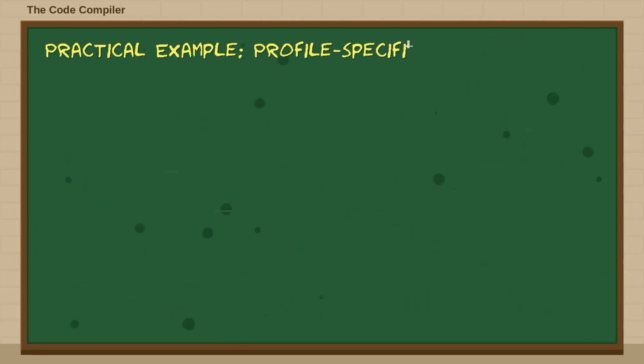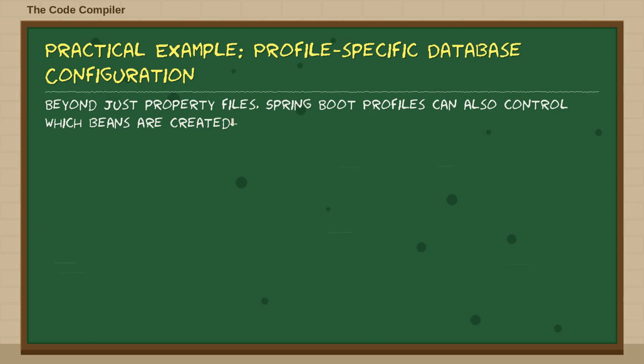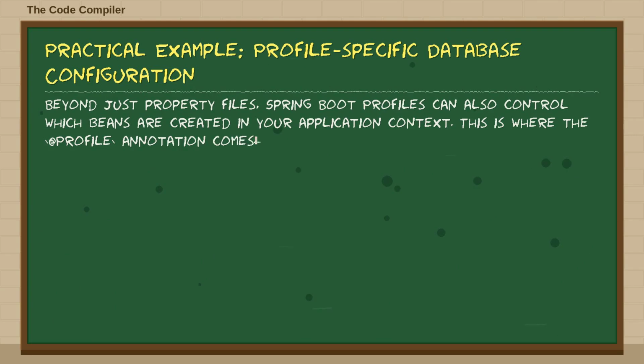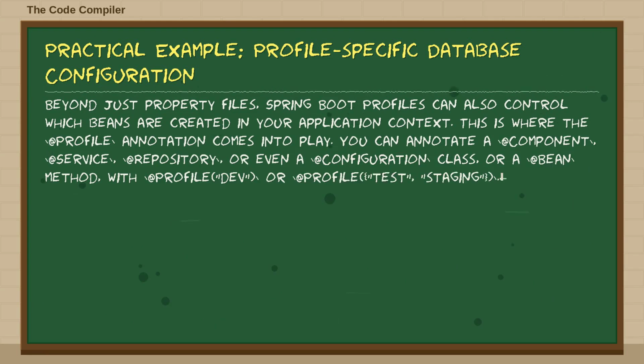Beyond just property files, Spring Boot profiles can also control which beans are created in your application context. This is where the @Profile annotation comes into play. You can annotate a @Component, @Service, @Repository, or even a @Configuration class, or a @Bean method with @Profile("dev"), or @Profile({"test", "staging"}). This tells Spring Boot to only register that particular bean or configuration class when the specified profile or profiles are